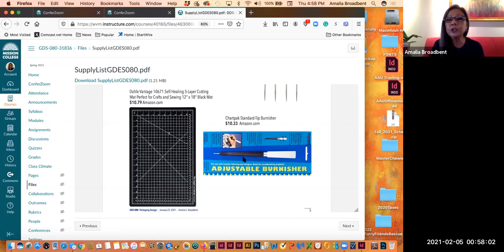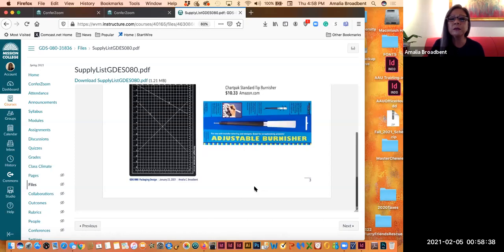This burnisher, you don't have to purchase this. An option is to get a rewards card. When you go to Walgreens or CVS or Safeway, they give you a rewards card. Yes. There must be 1 or 2 floating in your house. You can use the edge of that to score. Score means creating a fold mark. Professional designers, I use this a lot, but for this class, you can use the rewards card,